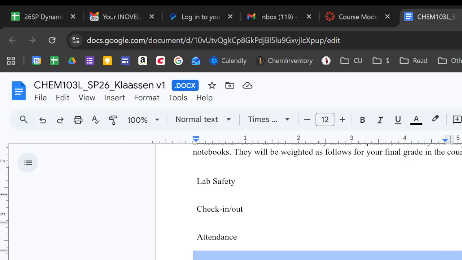You should not be able to fail this course. If you show up and actively participate, it is very, very, very difficult to fail this lab, okay? Because I take you through everything you need for this lab to get a perfect grade. Like, I just give you everything. So the ability to fail this course is almost non-existent as long as you're an active participant in the lab. Okay? If you don't actively participate in the lab, you can, of course, fail the course very easily. The majority of people that fail the course are people that just don't show up.